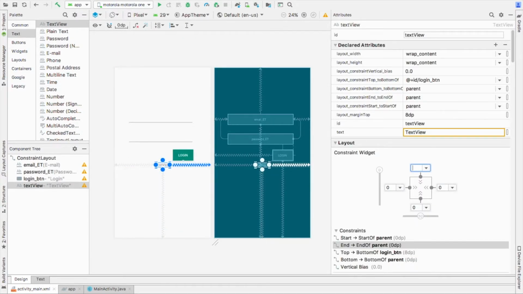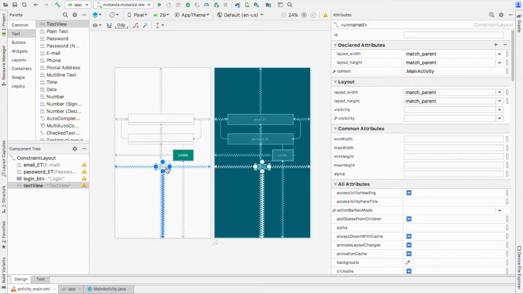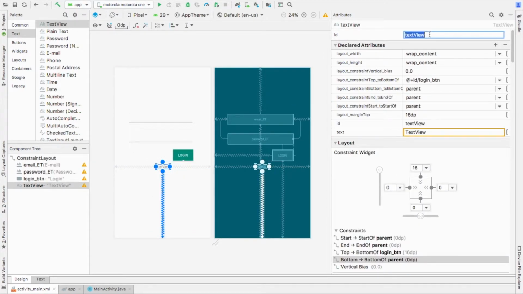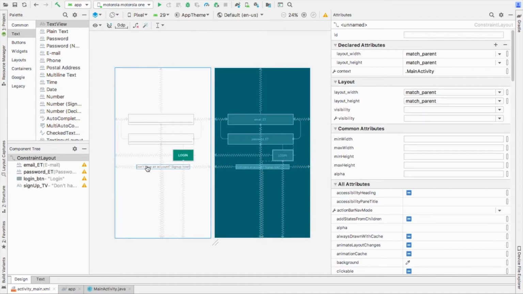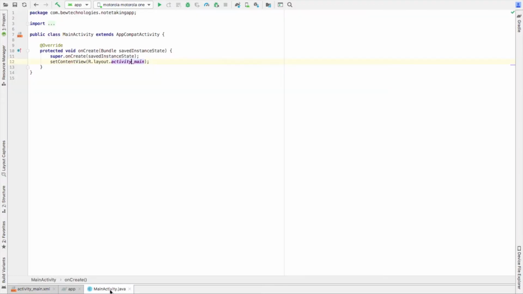It's not looking good. Okay, 16, and now we'll give it some ID which is sign up. We'll give it some text. Ask the user if they don't have an account, they can just click here and sign up. Okay, we'll go to the main activity.